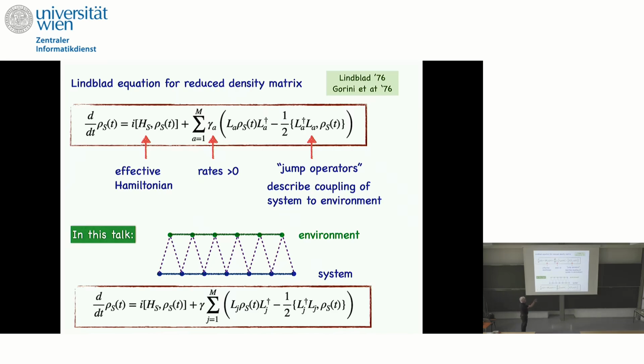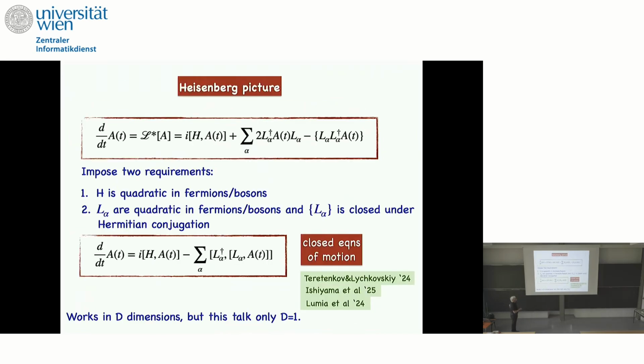If I rewrite this Lindblad equation for this setting, where I, in addition, assume everything is homogeneous, so a translation invariant system, again for simplicity, then the Lindblad equation takes this form. I have one free parameter, the rate gamma, which is the strength of the dissipation, and these jump operators act on each bond of the system. So that's the geometrical setup.